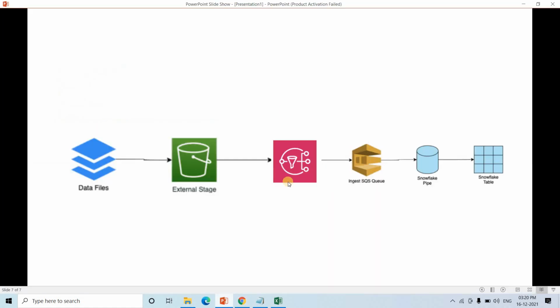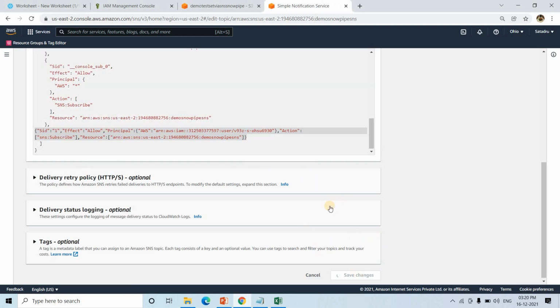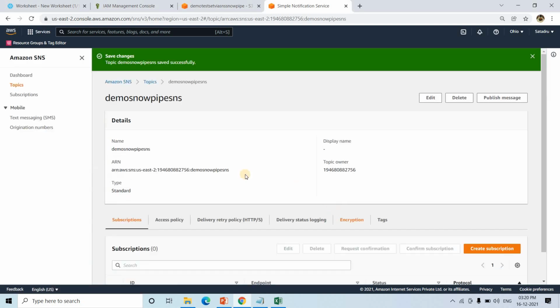This will automatically permit this Snowflake internal SQS queue to integrate and work in the pipeline. That's the only modification; save these changes. Cool, so that purpose is also done.